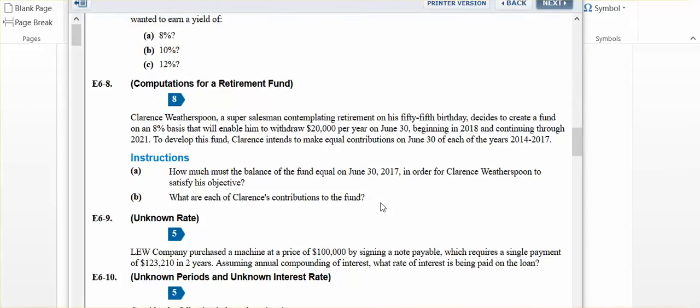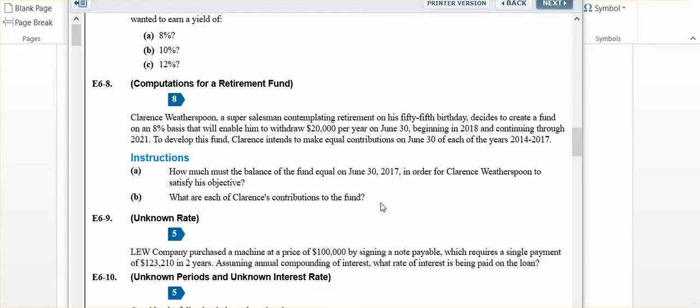Okay, in 6-8, we have an interesting situation. We have Clarence Weatherspoon. He wants to retire on his 55th birthday. He wants to create a fund on an 8% basis, so he assumes he's going to get 8%, which would allow him to withdraw $20,000 a year in 2018 to 2021. So for 4 years after he retires, he wants to withdraw $20,000. Maybe he's got a bucket list he wants to take care of for those years. Who knows? But be that as it may, to get this fund, he needs to figure out what he needs